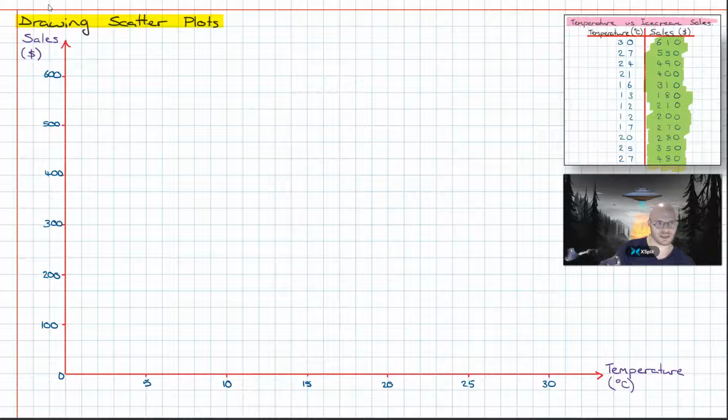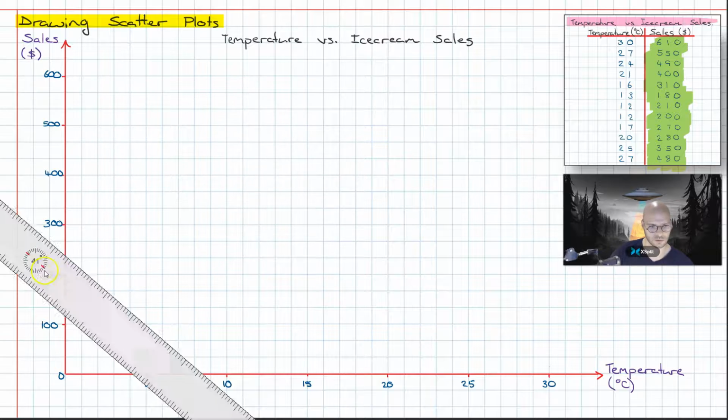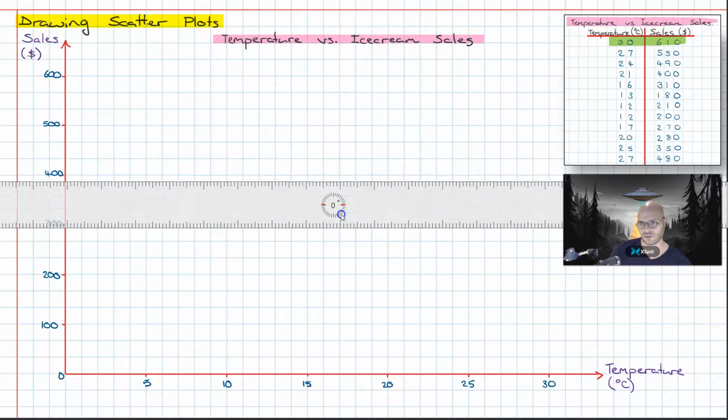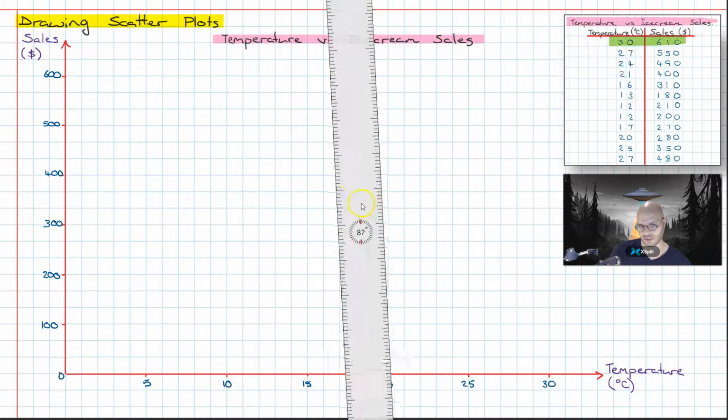Now our next step is we need to give the title itself to the particular graph. So for this graph, we're going to call it temperature versus ice cream sales. I'm ready to start putting in the data now. To begin, what I first need to do is focus on the first data point, that being 30 and 610. Now to put this in, what I first do is I locate 30 on my temperature